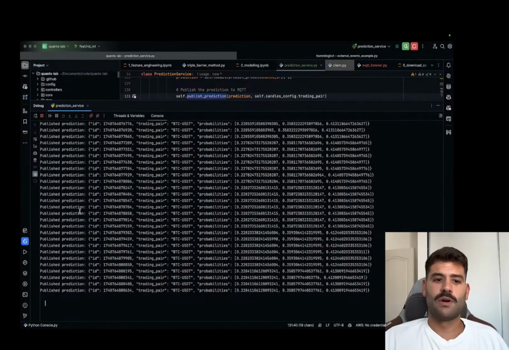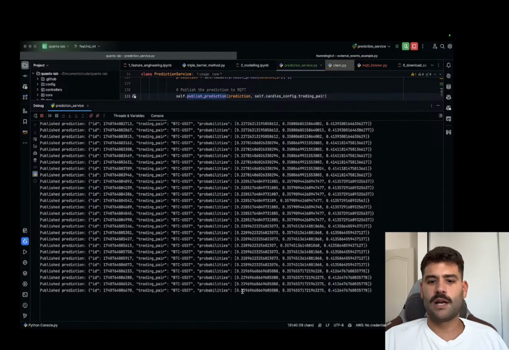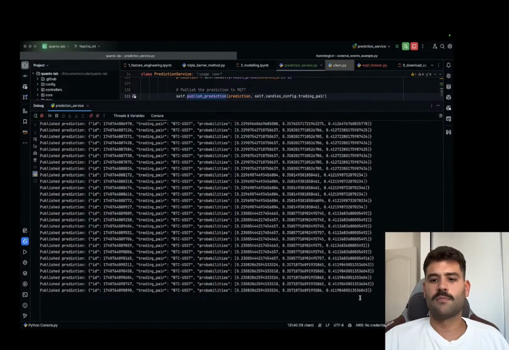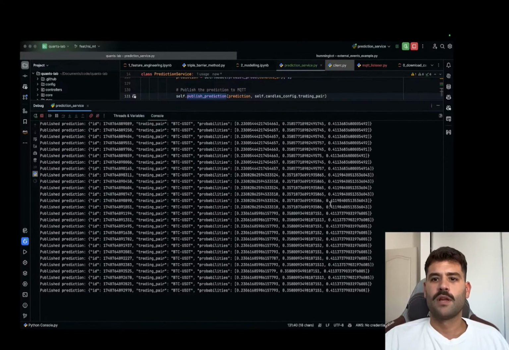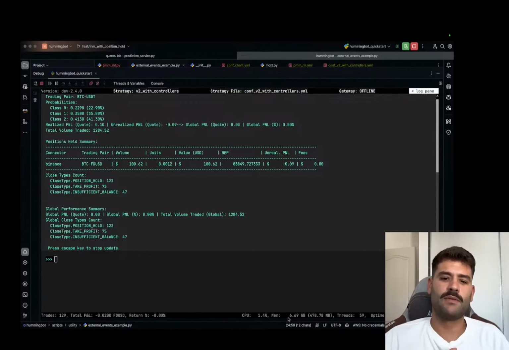MQTT. So as you can see here, we publish the prediction: the ID of the prediction, the trading pair that we are predicting, and the probability of short, the probability of do nothing, and the probability of long. And then what we did was we created a Hummingbot script, a Hummingbot controller that is one of the controllers that I have been working on